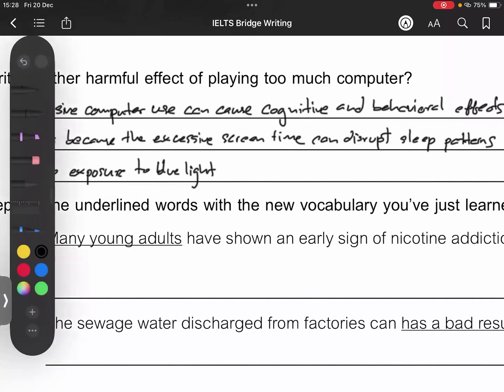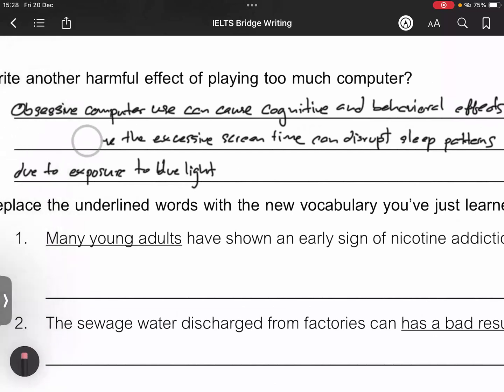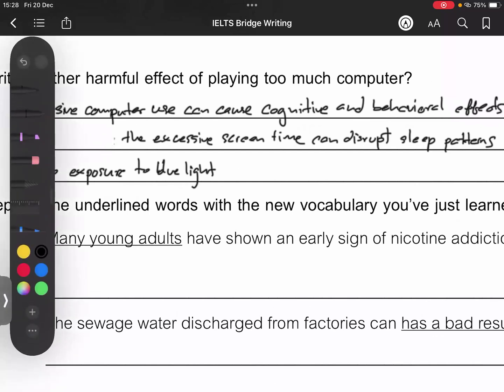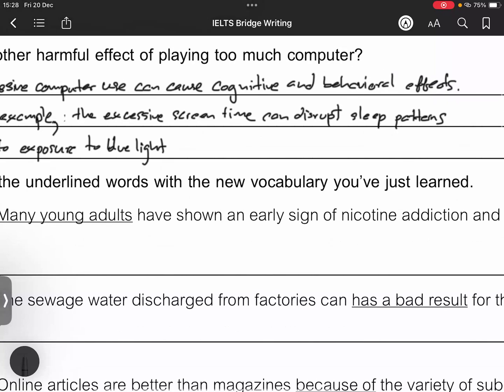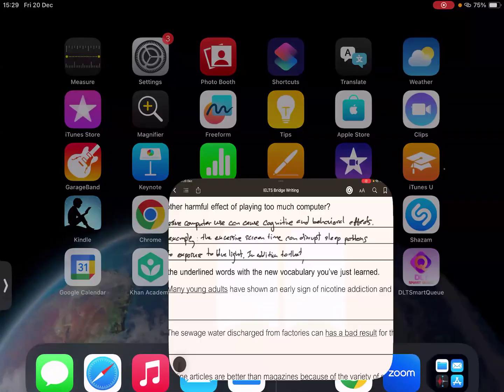No, this doesn't sound like a reason. Sounds more like an example. So let me just use, for example, here. So this is an example of the cognitive and behavioral effects. For example, right. In addition to that,